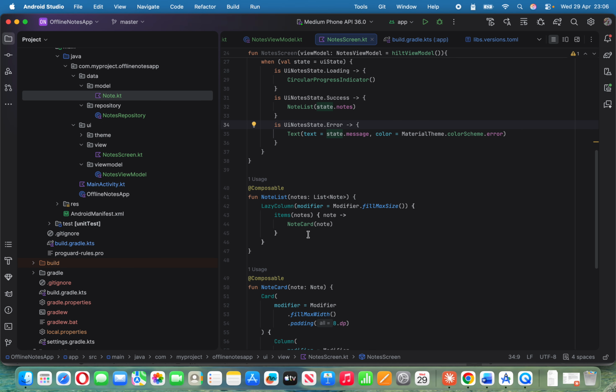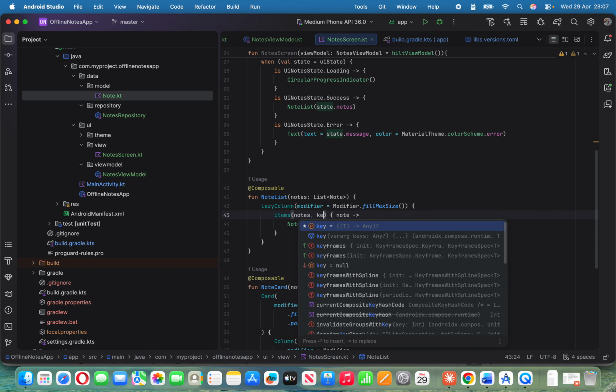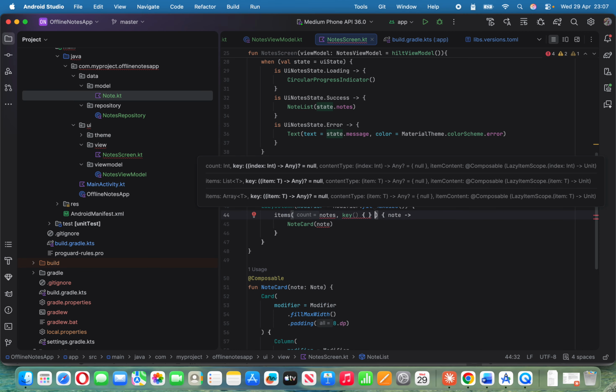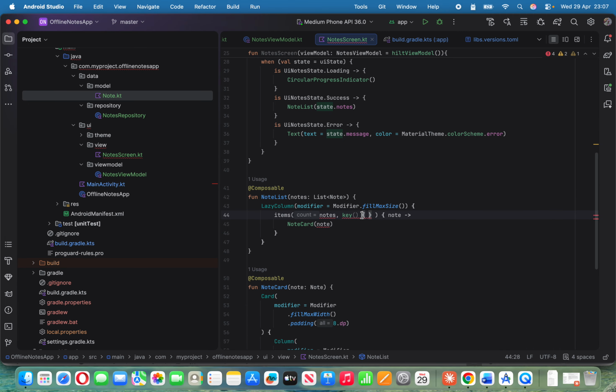Here it has introduced a lazy column. Lazy column means it's similar to a recycler view in XML. So a lazy column is something similar to that. And here you have items of nodes, okay, and also add a key as well, right? Key being